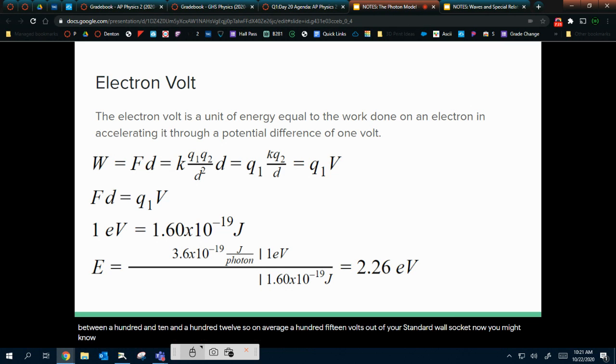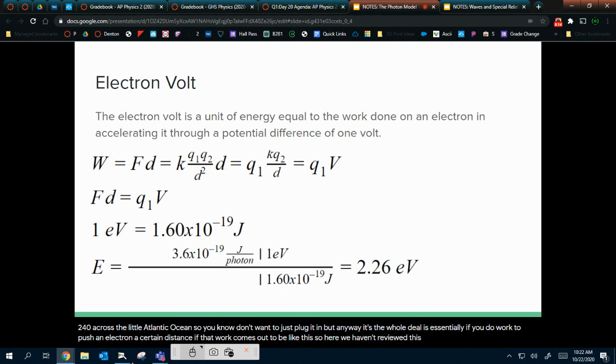Now, you might notice that different countries have different shaped outlets, and that's not just to confuse you, it's because they have different voltages. You don't want to generally plug in things that have different voltages. So for example, it's like 110, 120 here, it's more like 240 across the little Atlantic Ocean. So don't want to just plug that in. But anyways, the whole deal is essentially if you do work to push an electron a certain distance, if that work comes out to be like this. So here,